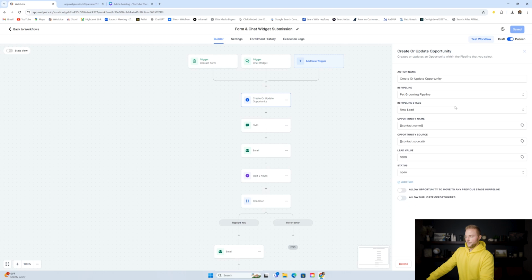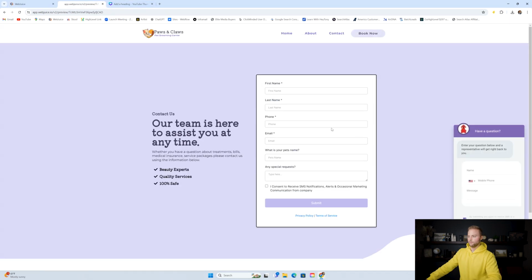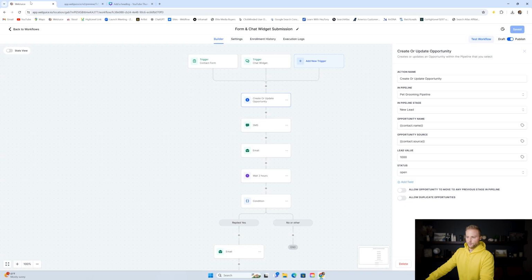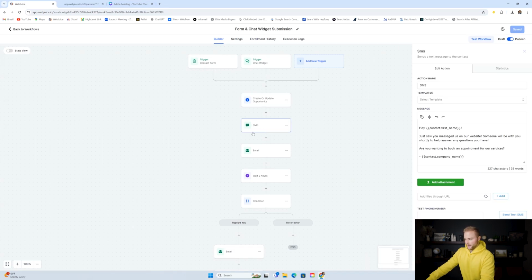The first step, it will automatically update our lead to the right stage in our pipeline. So it'll move them to the new lead stage of the pipeline. Because when they fill this form out or the chat widget, they're not quite a customer yet. They're just a lead, somebody that inquired on our website. And so we just want to mark them as the new lead stage. And then under SMS,